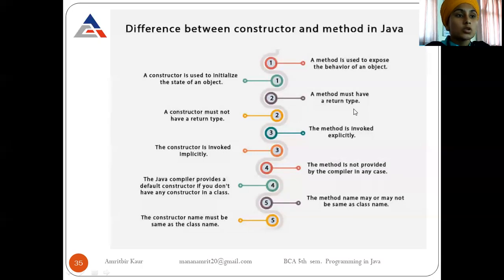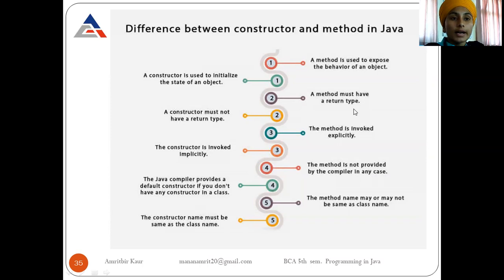A constructor is invoked implicitly, which means we are not writing any syntax to call our constructor. But if we want to invoke any method, we write a command like object dot method name. So a method is invoked explicitly, which means we have to write some code, but a constructor is invoked automatically.